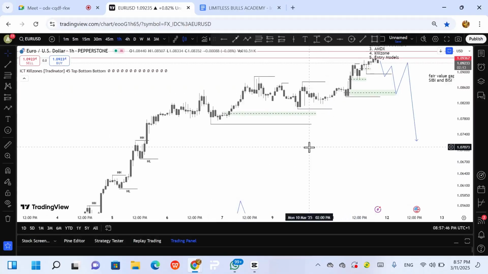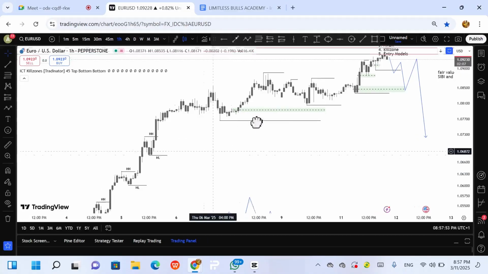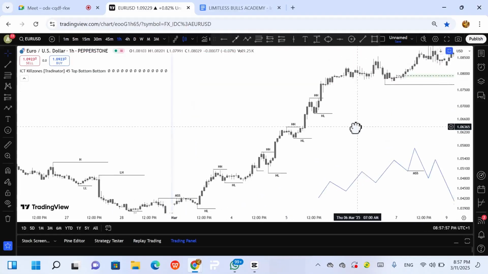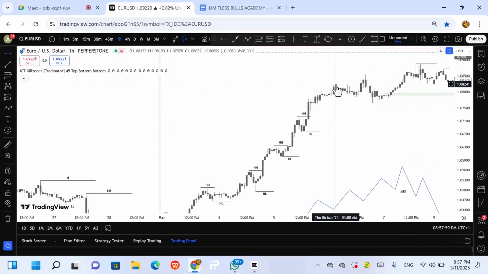But let's just, okay, so this is for market structure. You get the point? Market structure, you need to know how to mark it. Like, you saw this point now. If you are marking a higher high, so what of this one? If you are marking a higher low, then what of this low? So we ignore all of this, and this is the real significant low.